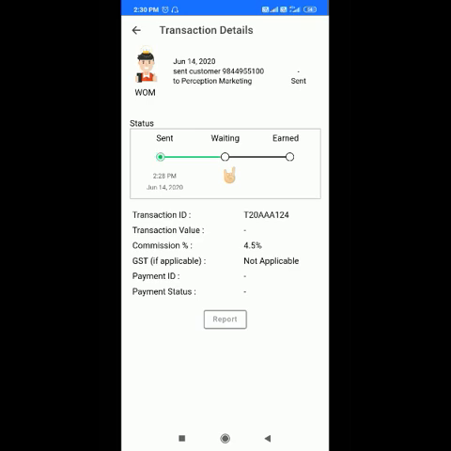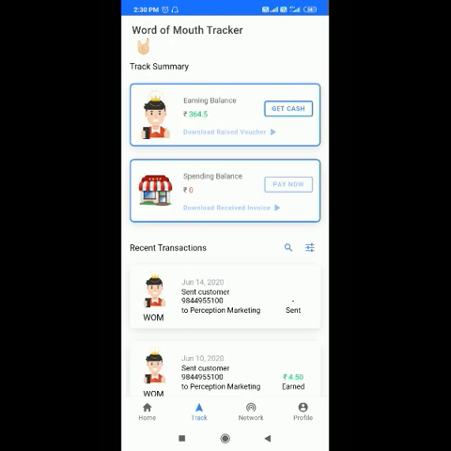The moment they go to the premises and perform the transaction, the status will be shown as waiting, and the business will be paying you 4.5% of the transaction value as soon as the transaction is completed. And once the business pays through online transfer, the status will be shown as earned, and this earned amount will come directly to your earning balance.